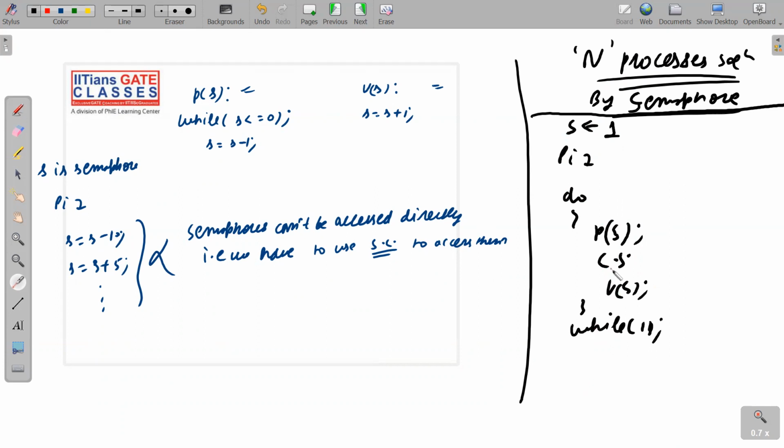Because these are system calls, PS and VS are also atomic. You should remember these things. Actually every system call is not atomic, but we are implementing them in such a way that they will be atomic. That means while executing them, we cannot imagine an interrupt. So you cannot say that while S is less than or equal to 0, one of the processes has executed PS, and after the loop has been broken we imagine an interrupt and control goes to another process,